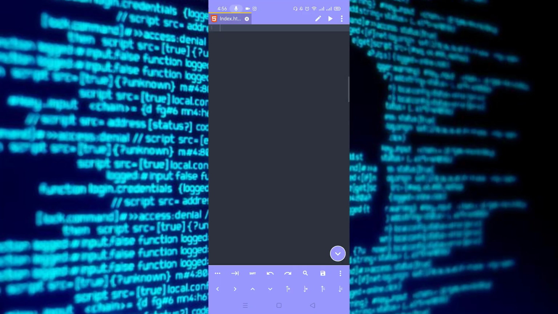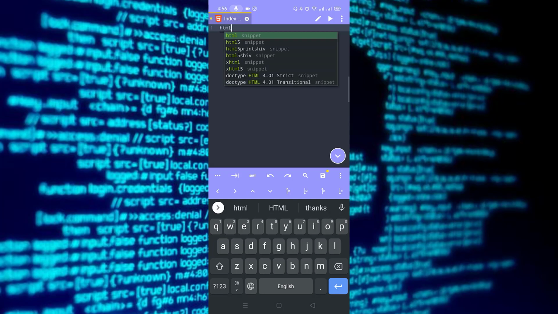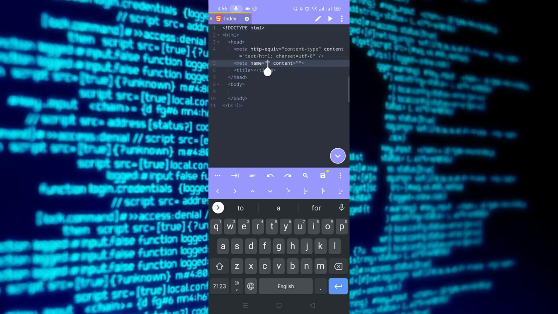Actually, I'm a little bit slow in mobile keyboard typing, so let me show the coolest things about this app. If you type here HTML and click on HTML5, you can see it is giving a full pre-made code, like PC code editors such as Brackets and Notepad.